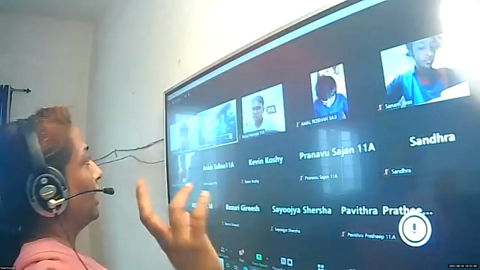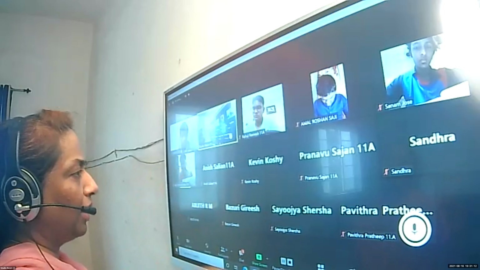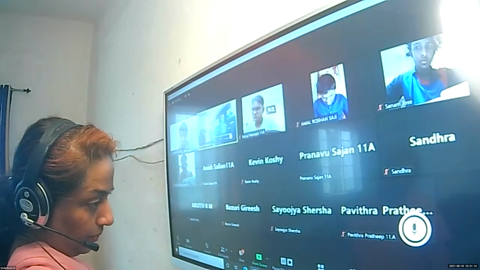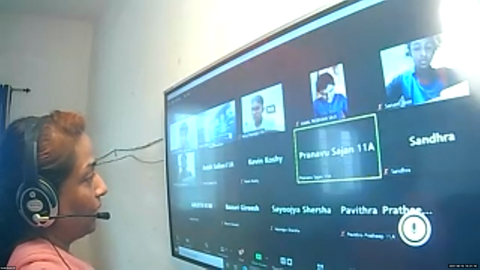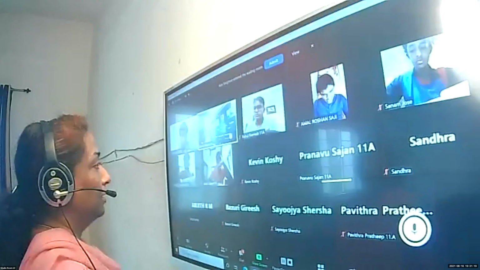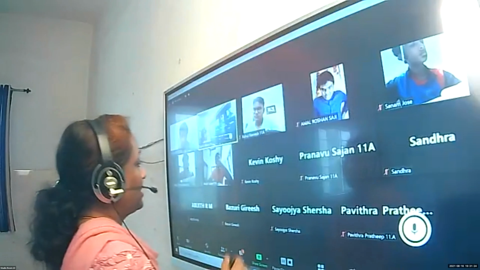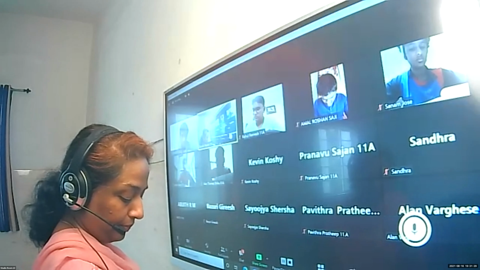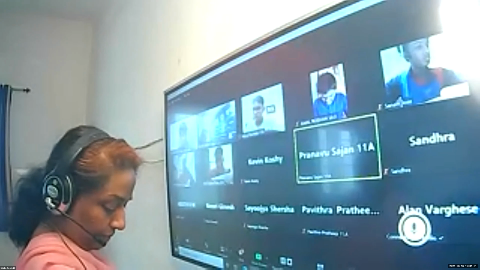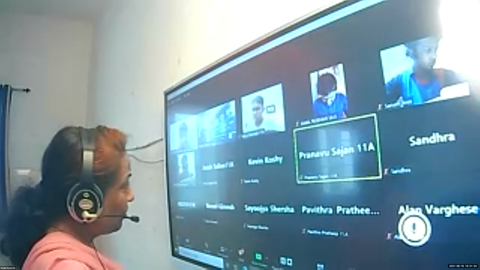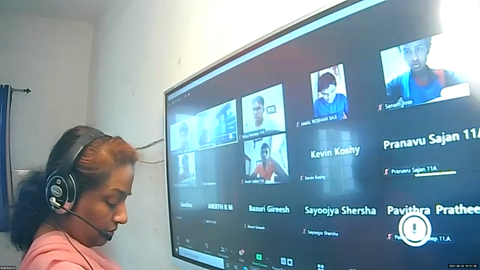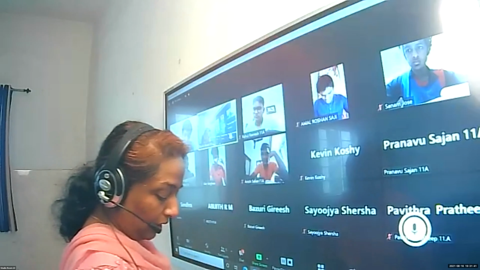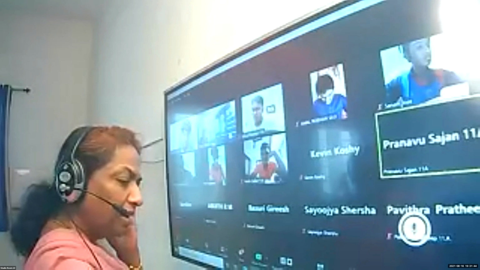Next point related to the parts of the table. Pranav, can you? Stubs. Or it has one more name. What is that? These are called row headings. Row headings are also known as stubs here. Now, what do you mean by that? Each row of the table has to be given one heading. We call it a stub. It is a heading given to the rows.